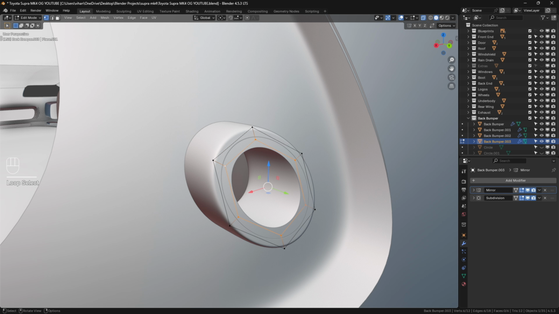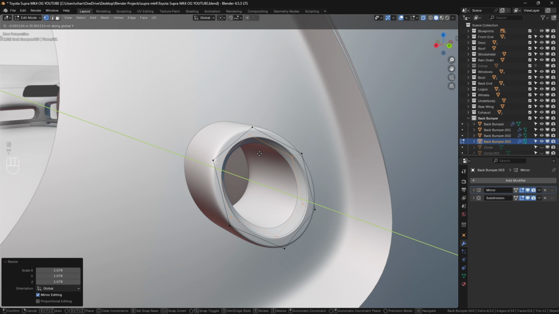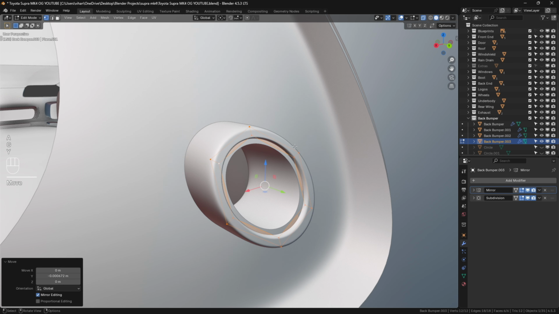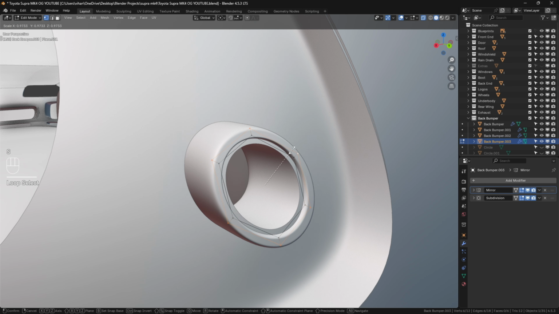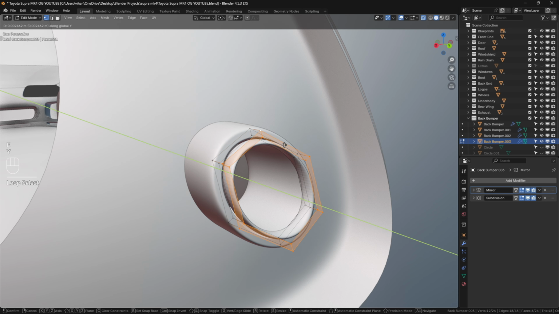Scale this up even more. We need that really thin. Alright, then move this a little further back, both of these. Then select this, scale it down there, select both of these, then E and Y, and take this forward,